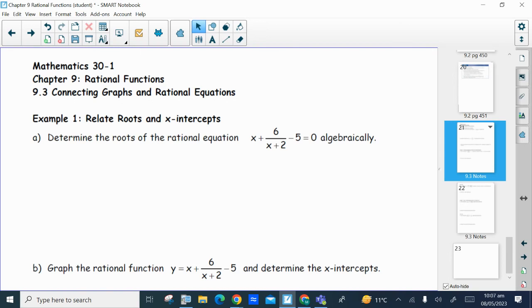Okay, so this is our last lesson in chapter 9. Tomorrow you have a quiz on chapter 9. I sent an email out this morning about that. Told you guys Friday. But also